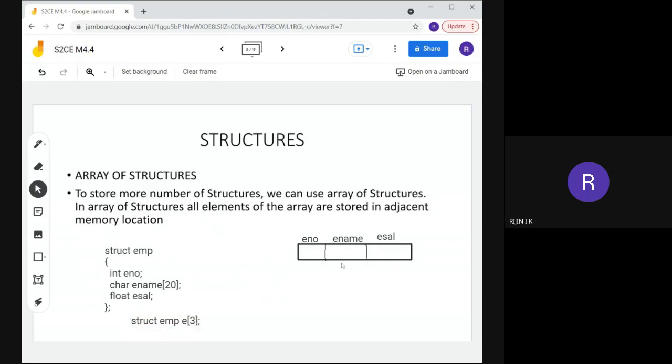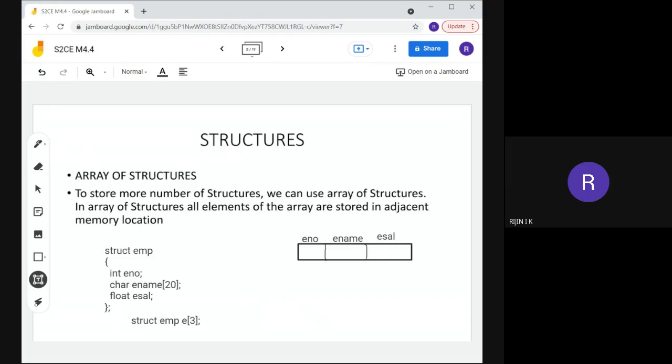What is an array? You already know that an array is a derived data type. You can hold more than one value in that array. Similar to that, we can create an array of structures. That is what we are doing here.